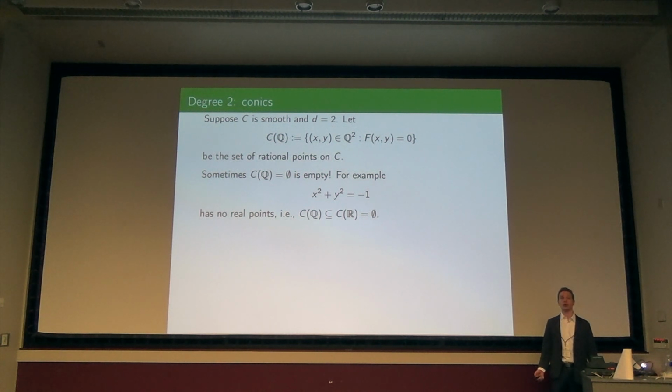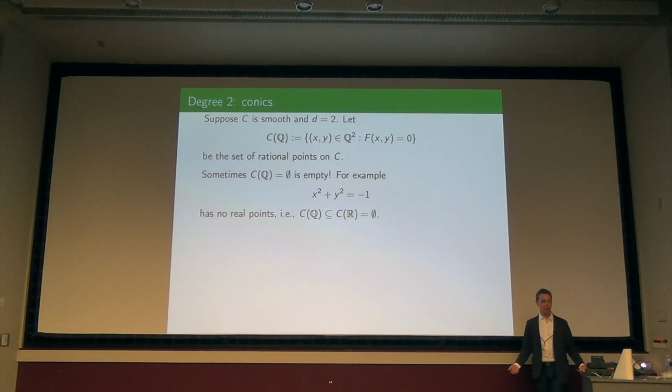Maybe we'll overload the notation a little bit and plug in other things other than Q here. But if I plug in something else, I just need to put that here. So we could ask for complex solutions or integer solutions or things over Q root 2 if we wanted to. Let's allow that in the notation. But in this case, there are no real solutions. The real solutions contain the rational solutions. So that provides one quick check.